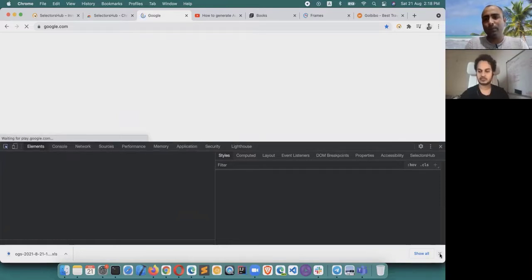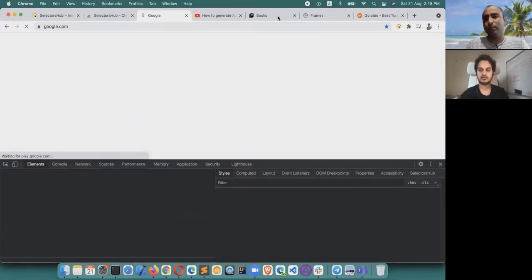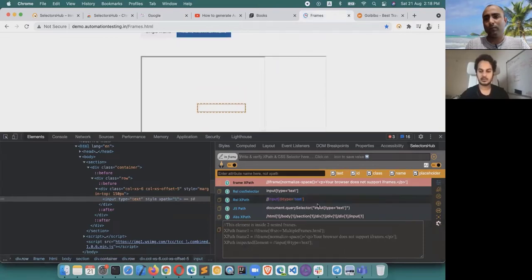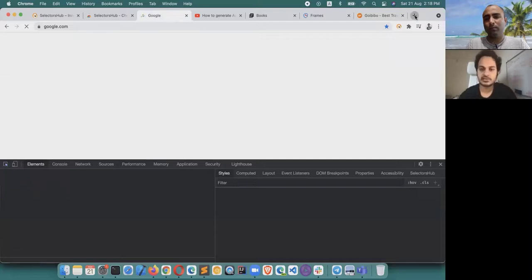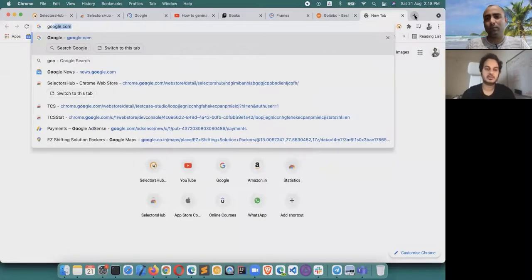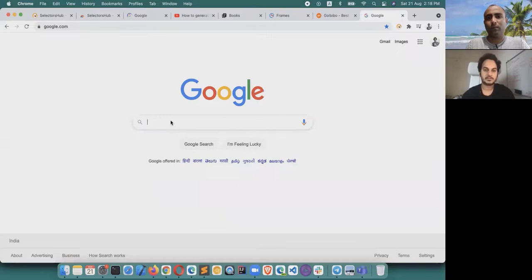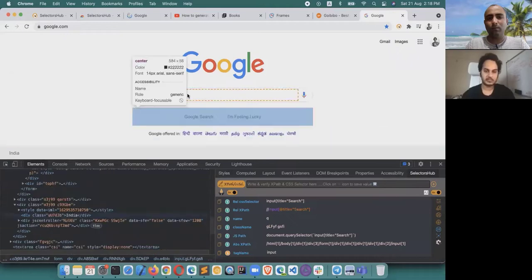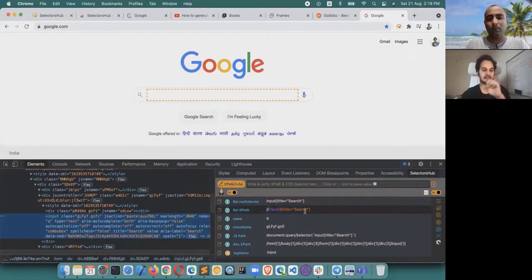This is getting slower now. So here, if we inspect this element, this S is capital and EARCH is in small, right?